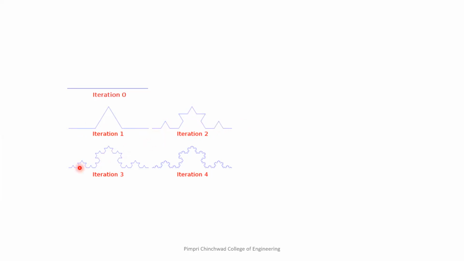In the next iteration, I will take this small line. I will divide it into three equal parts. I will take the mid part. I will replace it with two sides of an equilateral triangle. Similarly, I will take this part and this part. Each part I will follow the same procedure. This is iteration 4. In the program which I will be showing you, I have taken the iteration as 4 only. But if you want, you can restrict the iteration number to 2 or 3, or you may want the iteration to be 5 or 6 or more than that. Okay, that is as per your wish.